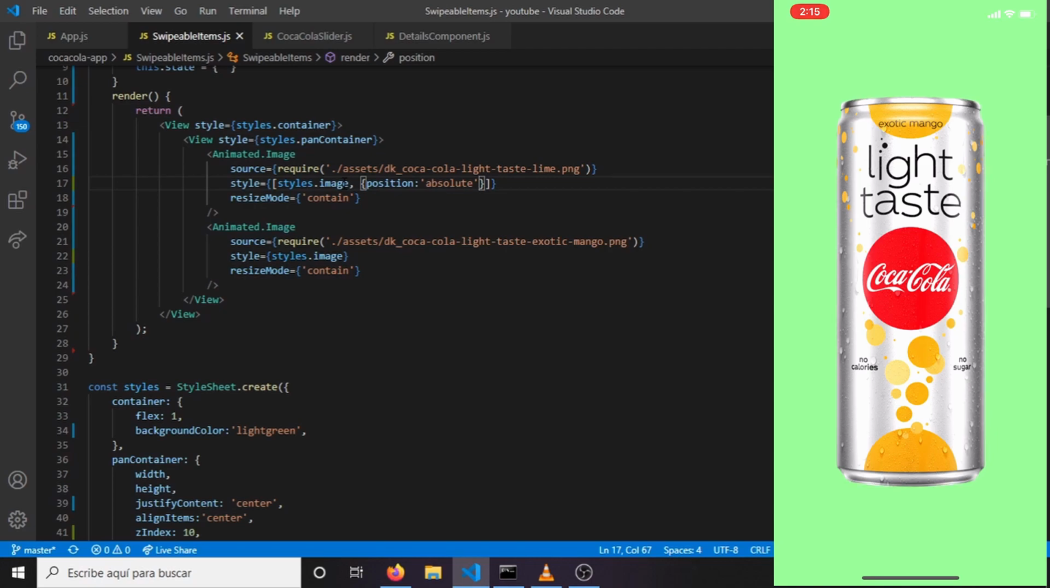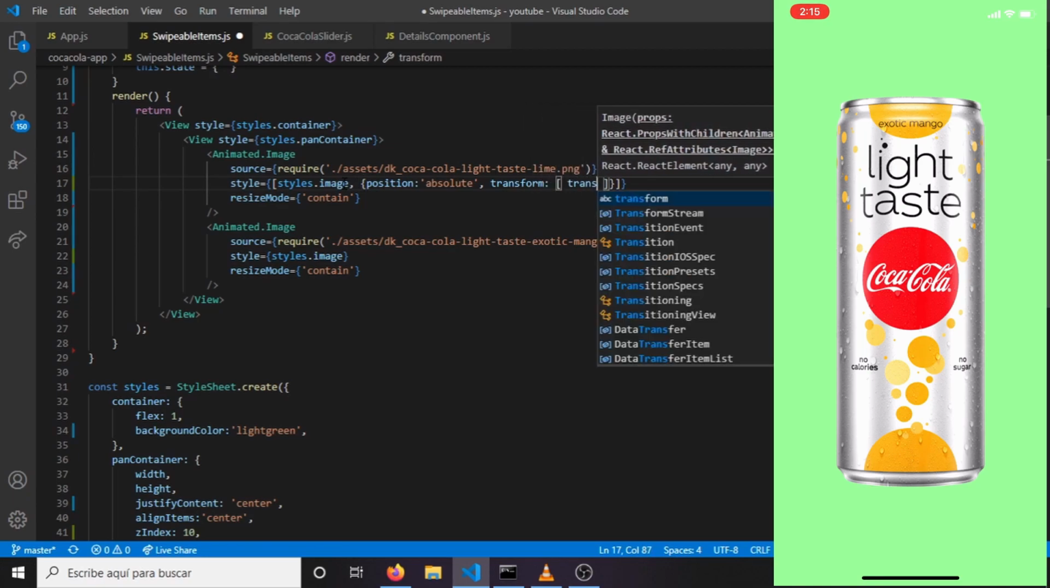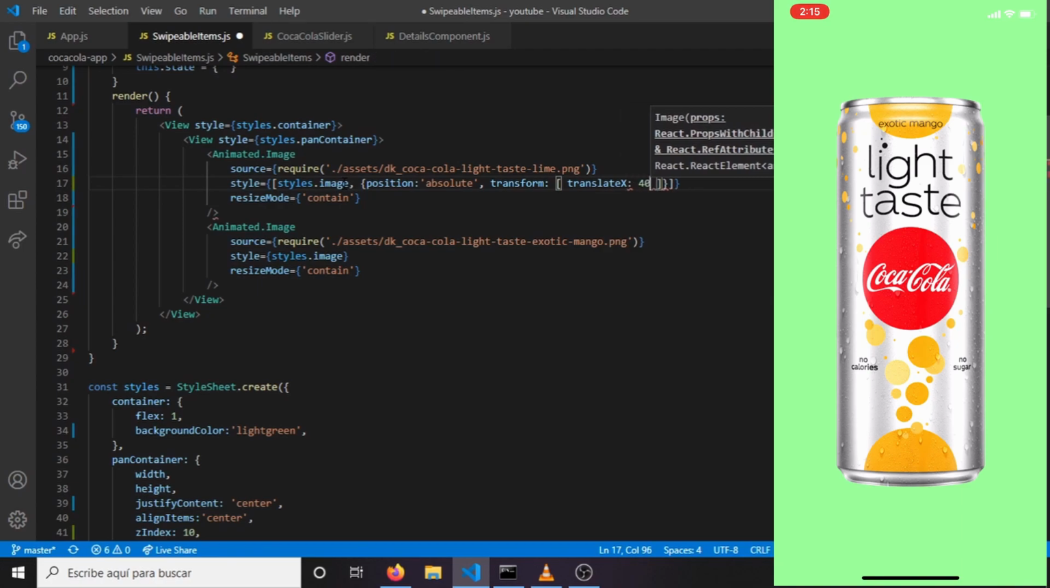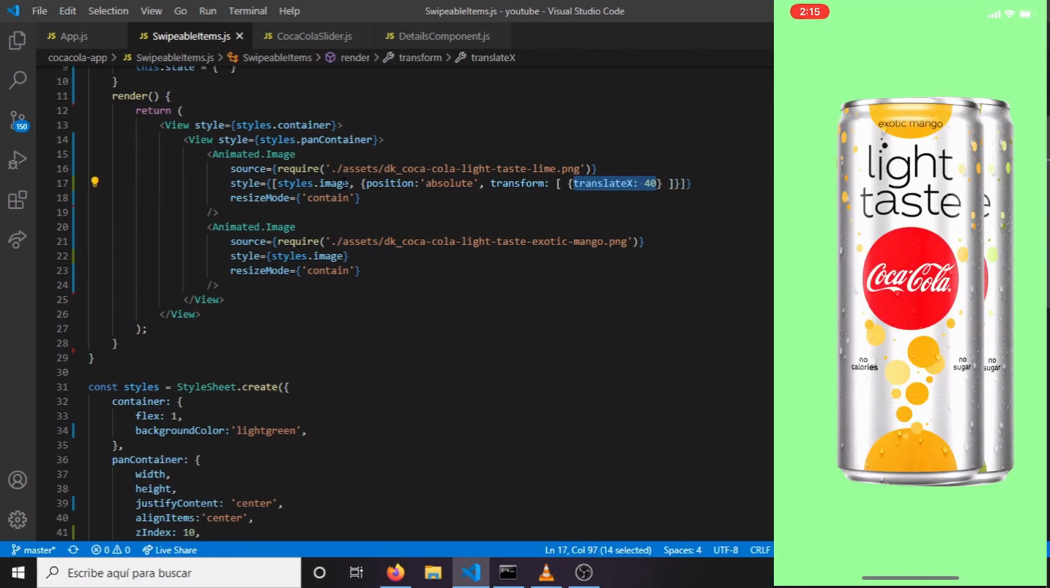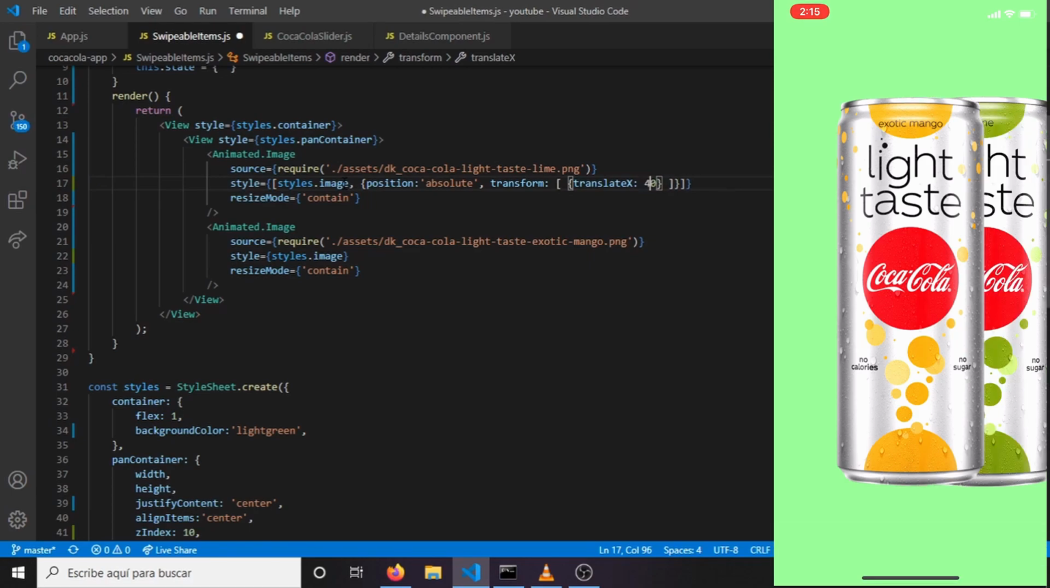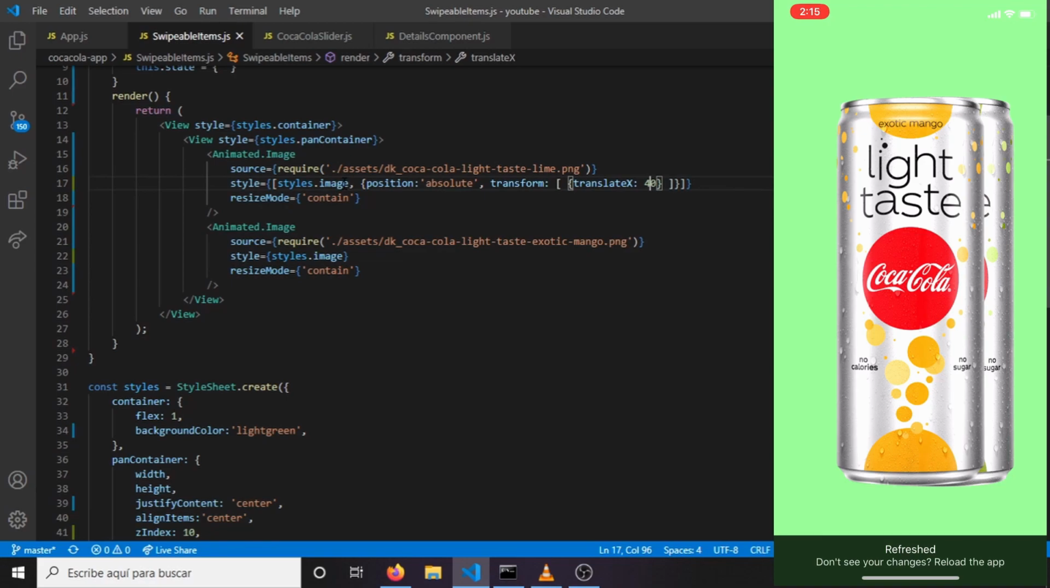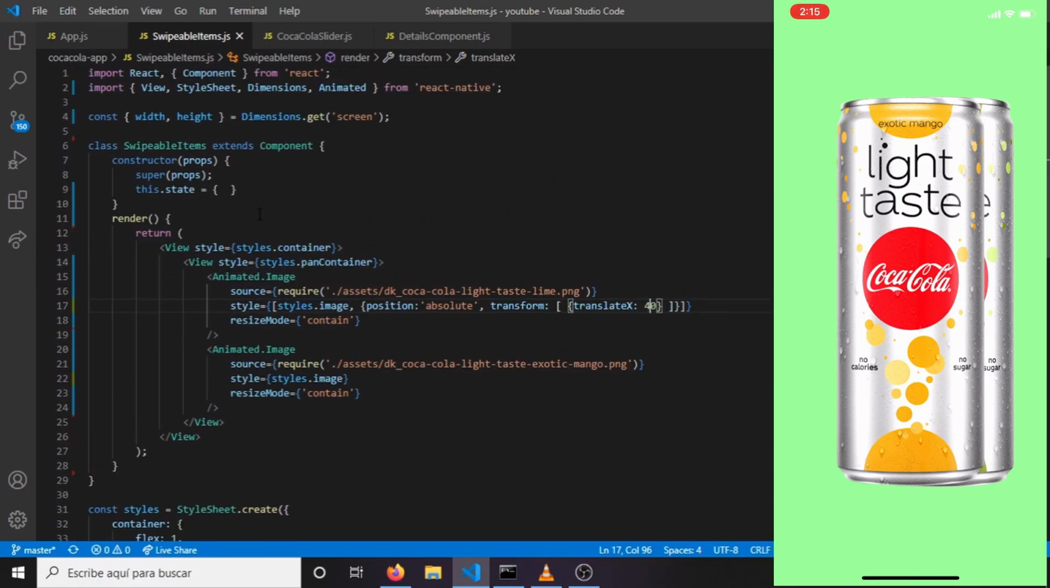So it's behind right now. We're going to add a transform. Translate X 40. Oh, this is an object too. That's so we can see it's right behind and see them. So for now it's gonna be 40, and for now with this view we're gonna create now